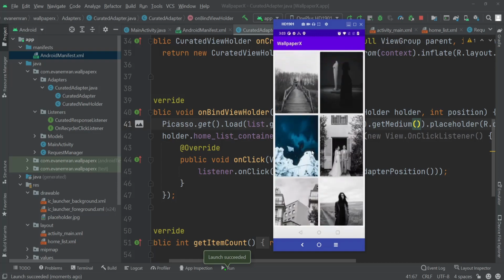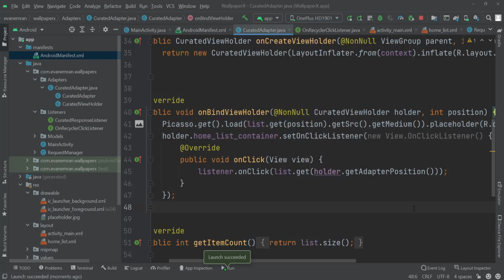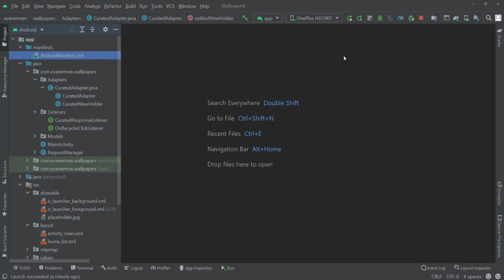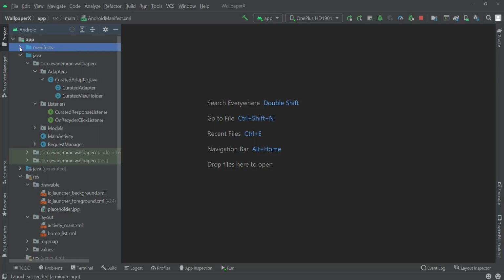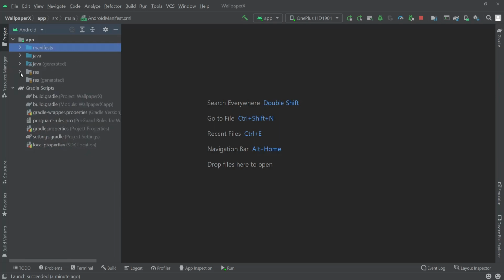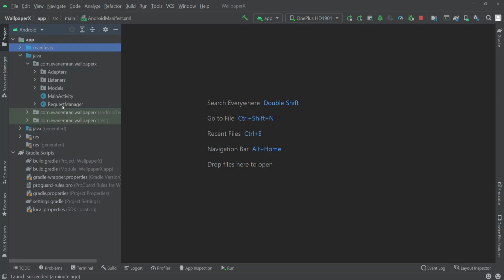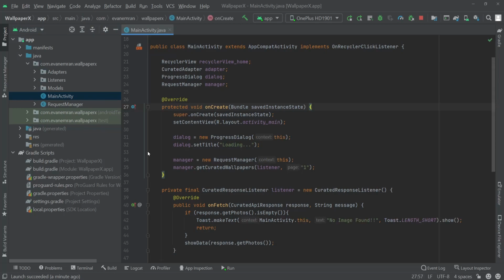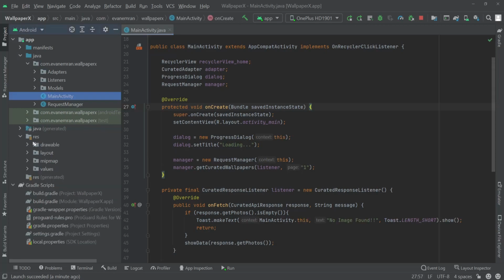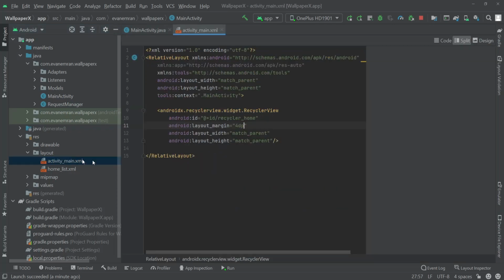Okay, so now let's try to do one more thing. Let's try adding two buttons to move to the next page and the previous page. Okay, that's quite simple. So let me quickly close all of them because it's looking very much cluttered. Okay, so we'll go to our main activity only, and we'll open the layout file of our activity main here,